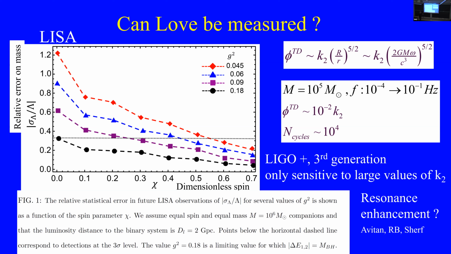What we are doing now is looking at a very interesting possibility. I'm not sure how much it will actually be realized in experiment, but if there's a resonant effect between the orbit and the internal frequency, then you can put much more energy into the internal structure, and that can enhance the